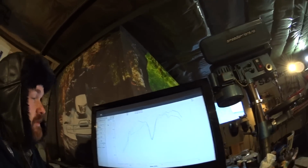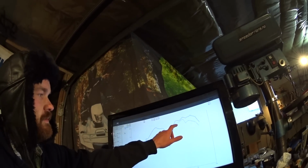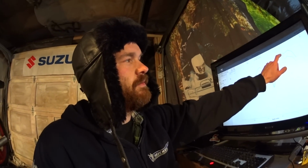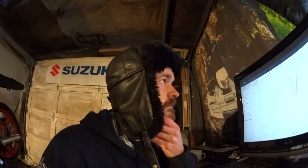And we are now, so the stippled, the dotted line here, that's from the previous session, and now after warming up the bike I'm at 14.5 horsepower at the wheel, at slightly higher speed, 132